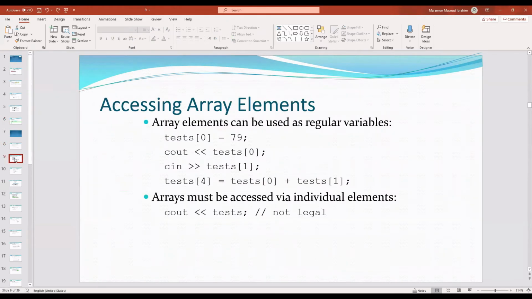Now I will go to the next slide here. Array elements can be used as regular variables. As we have mentioned, an array element is just like a variable. You can read it, you can change the value or assign a value to it. You can print it on the screen. So here, as you can see in the first line of code,